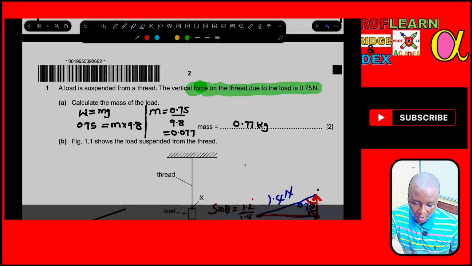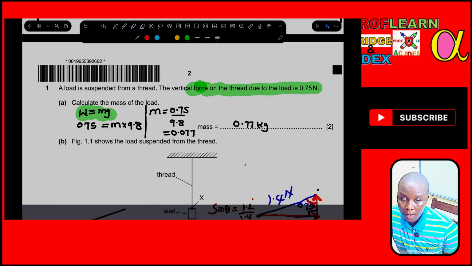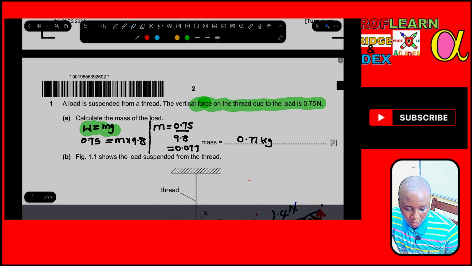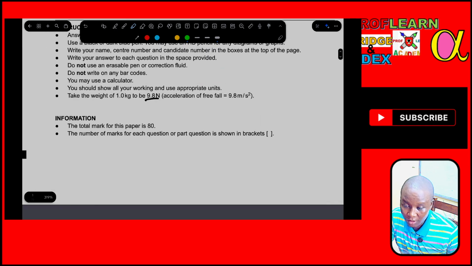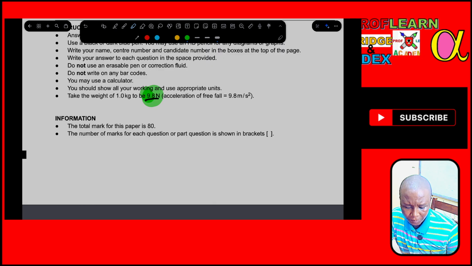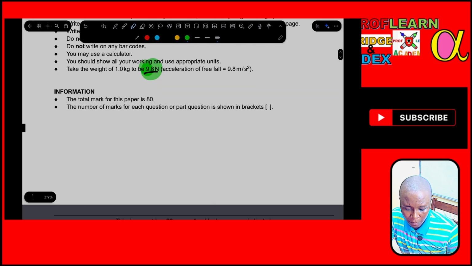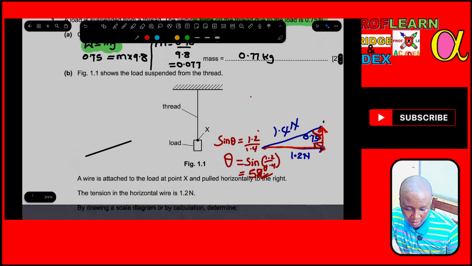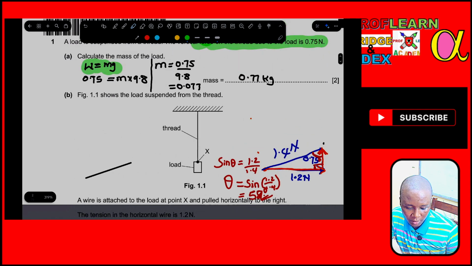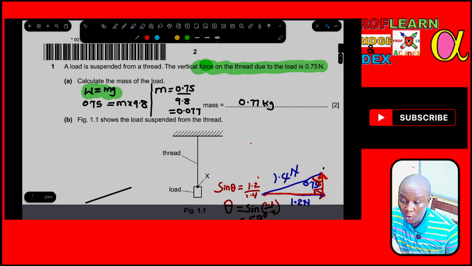0.75 newtons. So if you look at that, the question is asking us to use the formula weight equals mass times gravity. And you always have to check what value of gravity is provided here so that you can use it. And that's exactly what I did in this case, so that I can say weight, which is equal,